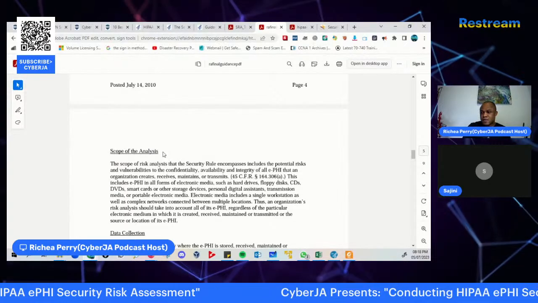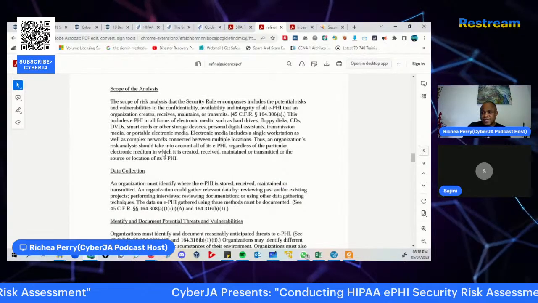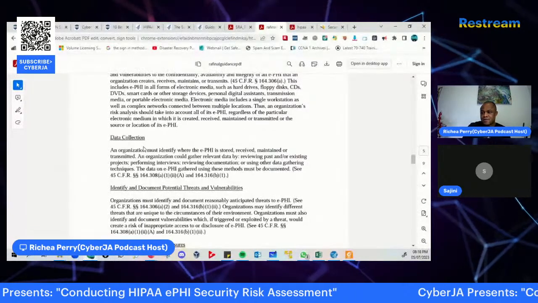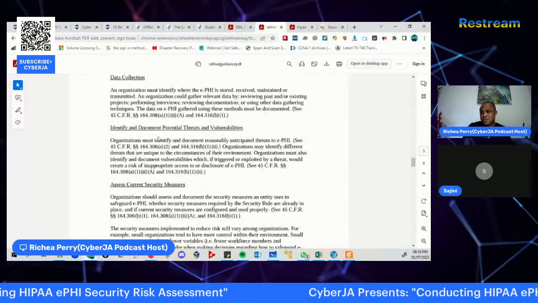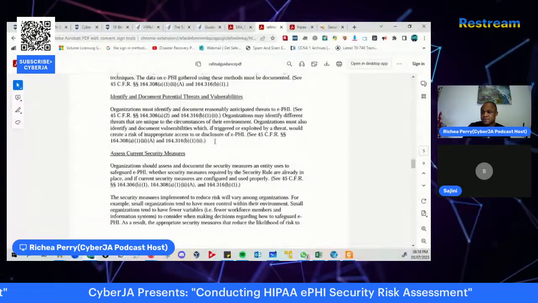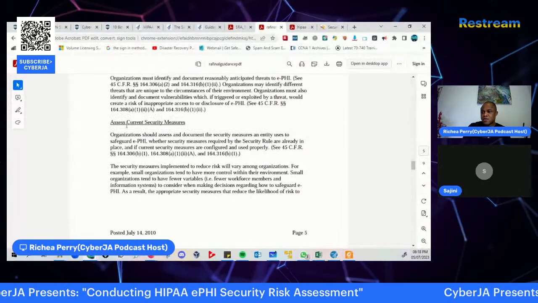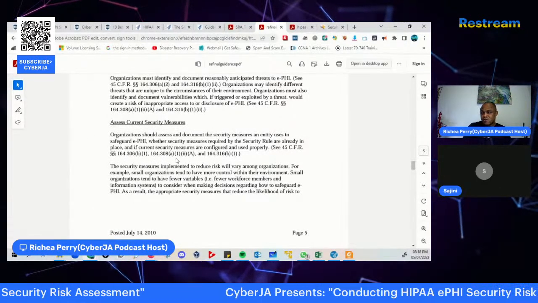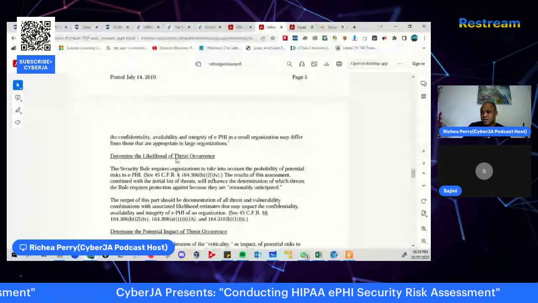So the scope of the analysis, data collection, identifying and documenting potential threats and vulnerabilities, and assessing the current security measures. These are all the details of that phase itself.